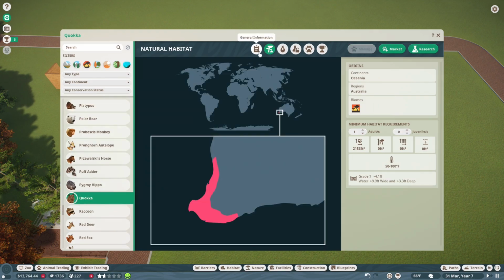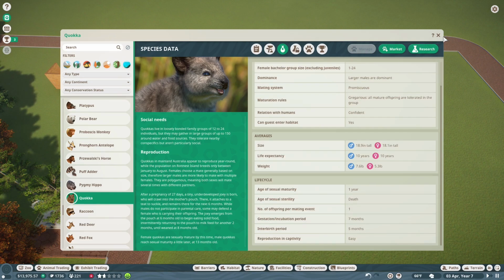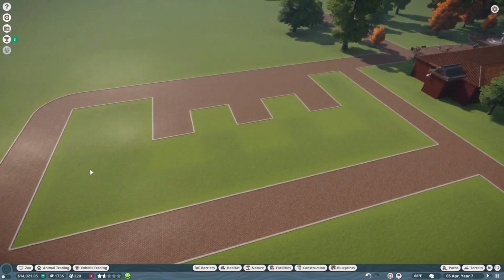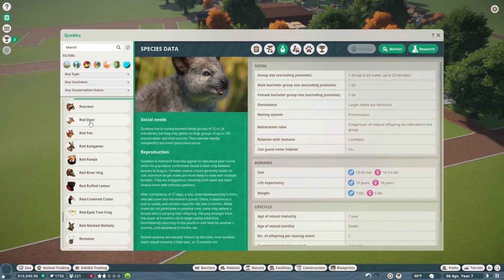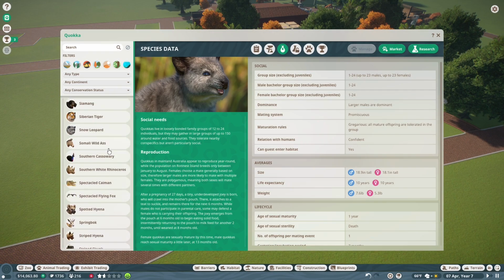Maybe quokkas actually sounds like a good idea because they don't mind being around people. They definitely do not mind being around people. Yeah, confident relationship with humans. So they don't get shy, so maybe we'll do that, put a bunch of quokkas in this area. I don't know, maybe do something larger than quokkas. Yeah, we'll probably do something larger just because that's